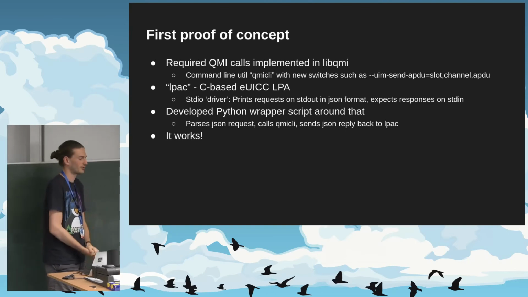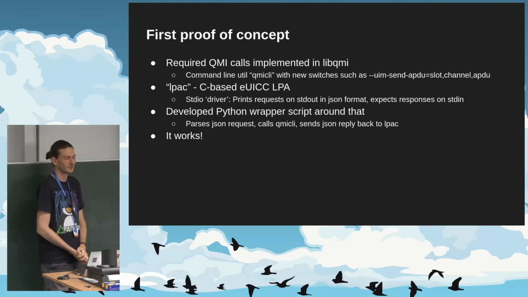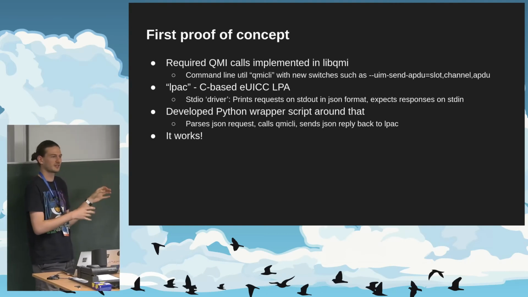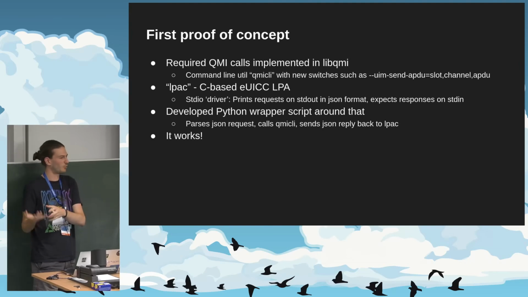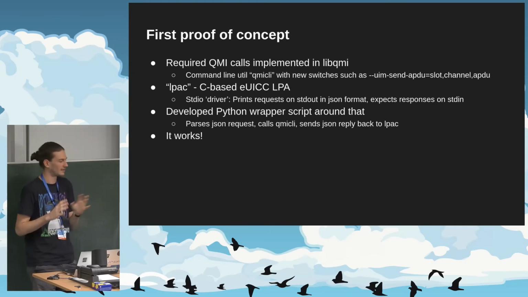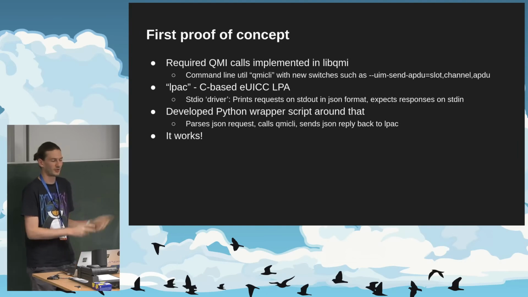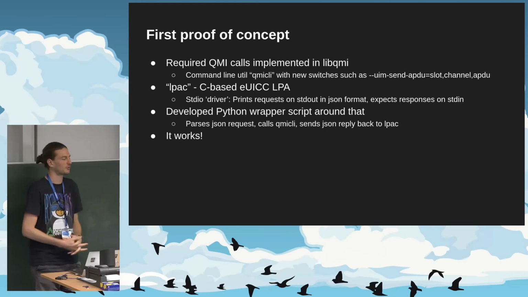I put it on my GitHub, just to have it there. Actually, somebody else took this and changed the QRTR bits, which are used for Qualcomm phones, and replaced it with MBIM, which is some Windows networking thing, or a different way to communicate. And then they changed basically QMI CLI to MBIM CLI, where these calls, like open logical channel, etc.,